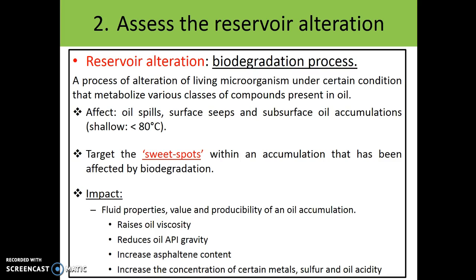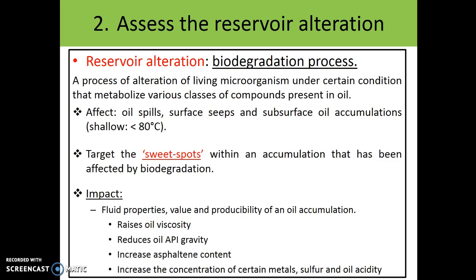So biodegradation will cause increases and reductions in these things. It will increase the oil viscosity, so it will reduce oil producibility. Gravity, it will reduce oil API gravity, which means that low gravity means high density,